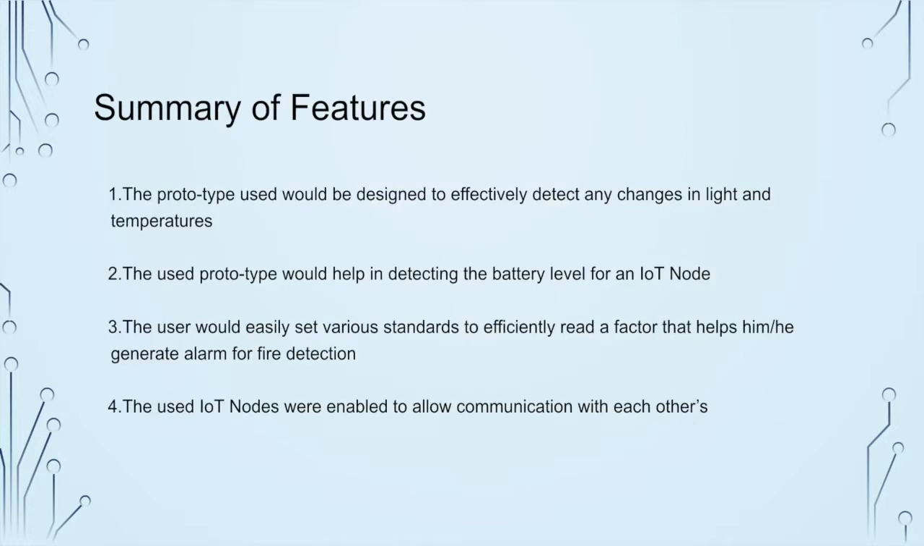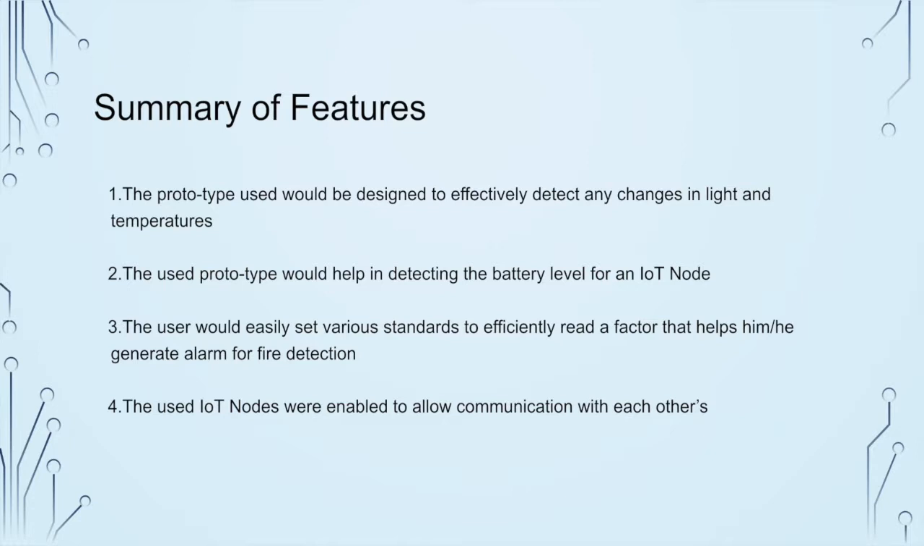There are around 8 feature points for our project. The first one is that the prototype will be designed to effectively detect any change in light and temperature. The second one is that the prototype will help in determining the battery level for an IoT node. And the third one is that the user can easily set various standards to effectively read a feature, and that helps them generate an alarm for a fail